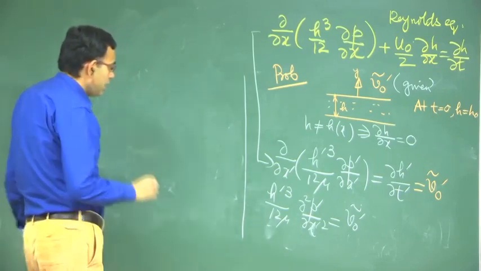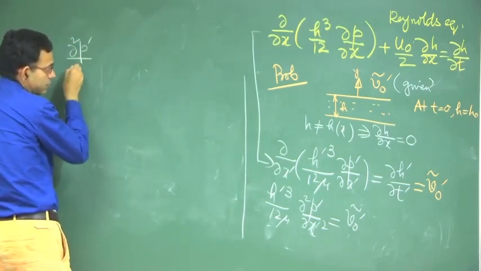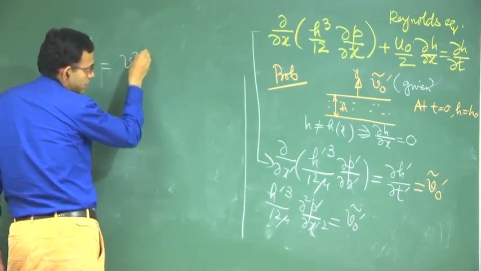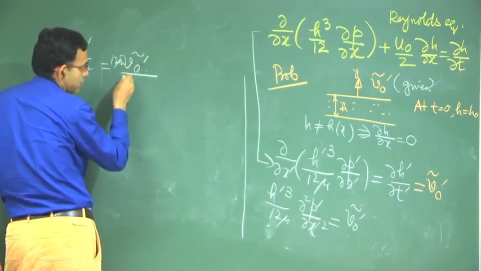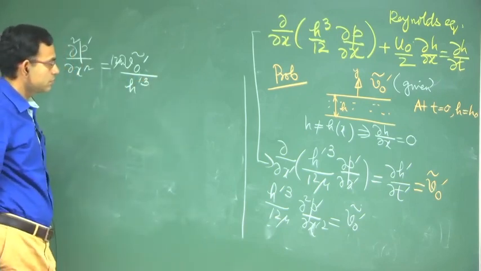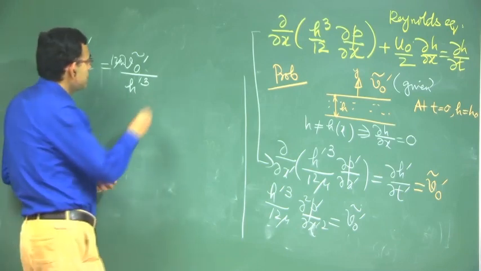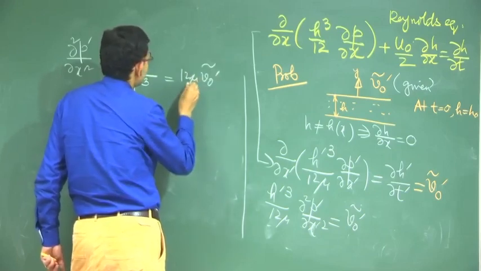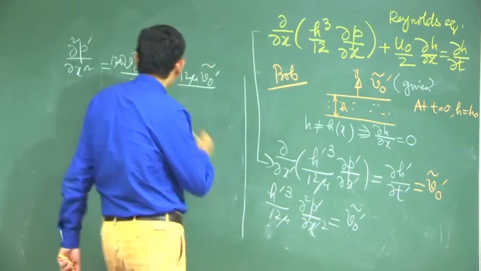So you can write, so this is as good as 12 mu. What is h prime? H prime is